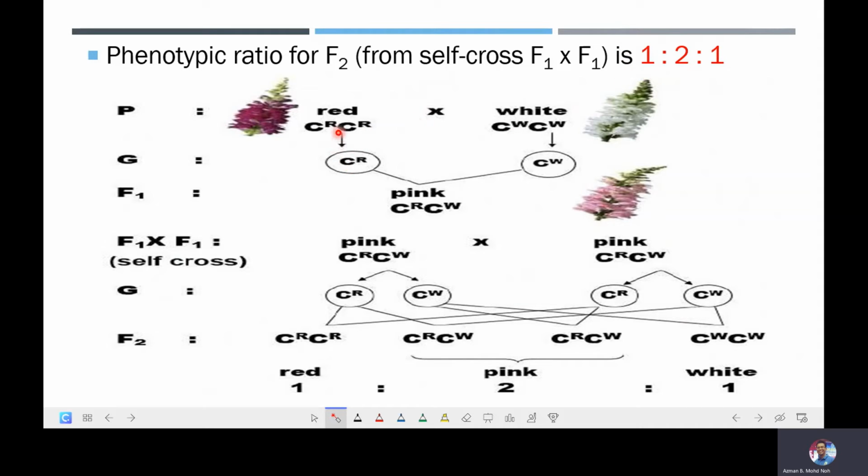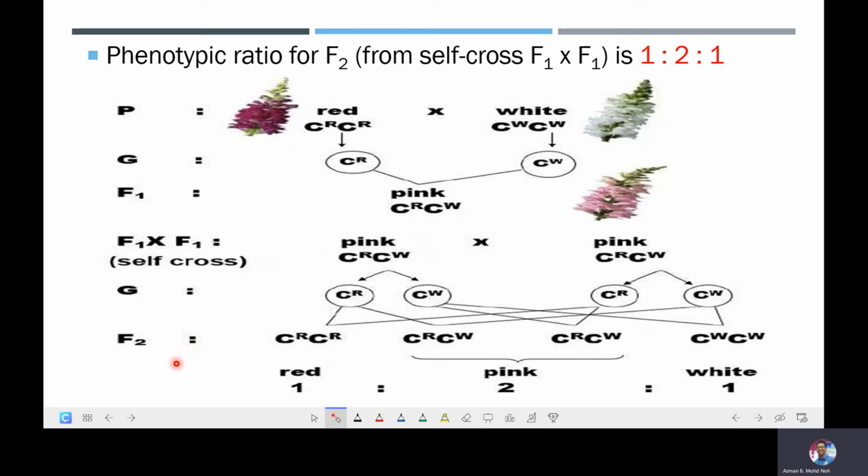As you can see in this diagram, if we start with a cross involving an individual with red flower with the genotype of C capital R C capital R, with another individual having white flowers with the genotype of C capital W C capital W, then what will be obtained for the F1 generation will be snapdragons having pink flowers with the genotype of C capital R C capital W, a heterozygous type of genotype. And if we do a self-cross between these two F1 individuals, between these two pink flowers, then finally